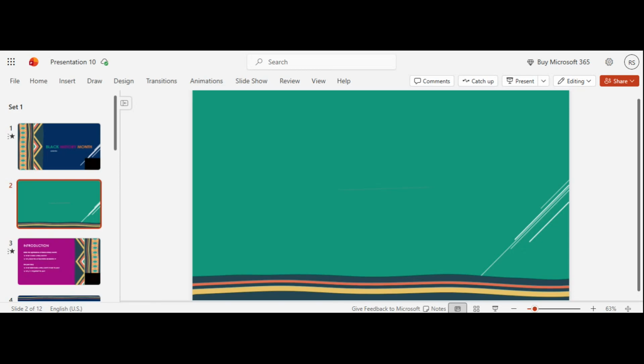In today's video, I'm going to show you exactly how to use SmartArt graphics in PowerPoint to create professional, visually appealing slides in just a few clicks. SmartArt is one of the most powerful built-in tools in PowerPoint, and it allows you to turn simple text into engaging diagrams like processes, hierarchies, cycles, and comparisons. If you've ever wanted your presentations to look cleaner and more polished without spending hours designing shapes manually, this tutorial